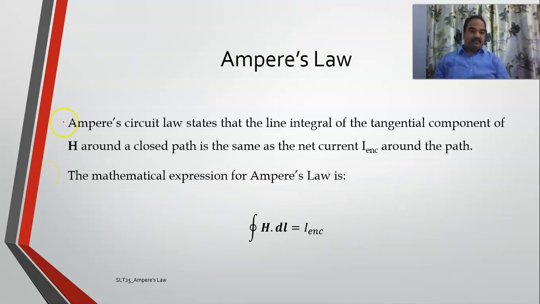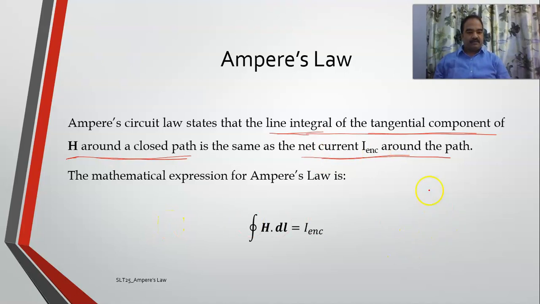Coming to the statement of Ampere's law, it states that the line integral of the tangential component of H around a closed path is the same as the net current around the path. I repeat, the line integral of the tangential component of magnetic field intensity around a closed path is the same as the net current enclosed by the path, which means that, let us suppose there is a current